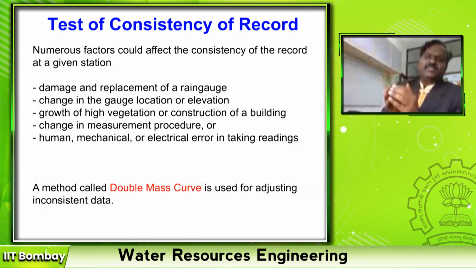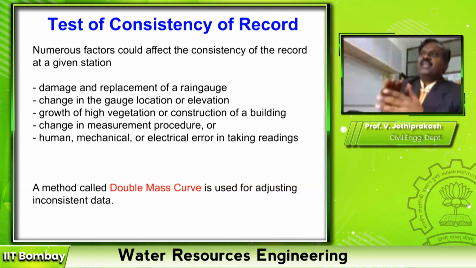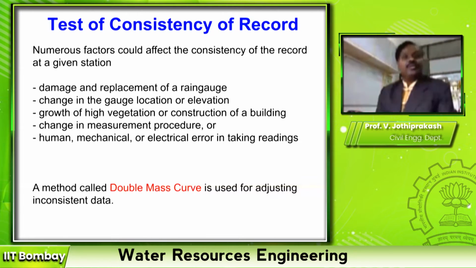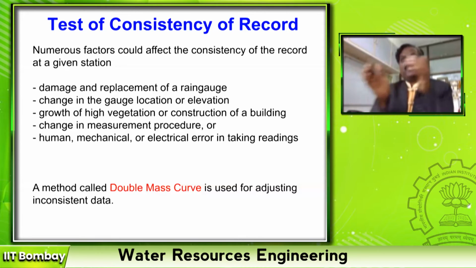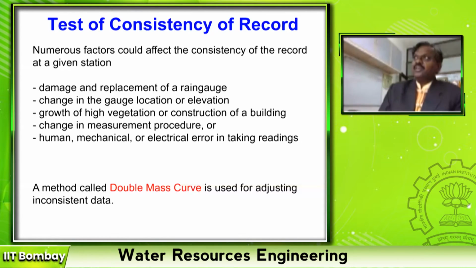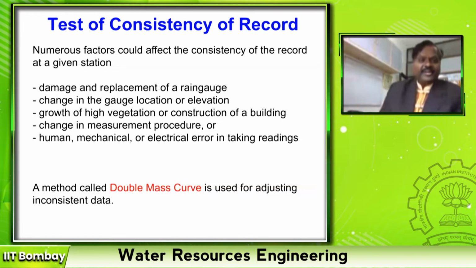Change in regime is when the regime is changed. How might it have been changed? You are measuring with a non-recording type Symons rain gauge. In a particular year, you change it to an automatic weather station, or to a recording type. That's a change in regime, but the data is continuous. Or you have shifted the rain gauge station from one location to another. Suddenly last year you saw that a big building was constructed next to your rain gauge station. Then you shifted it, right?